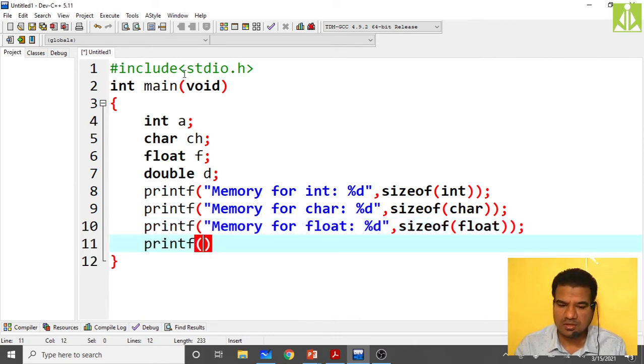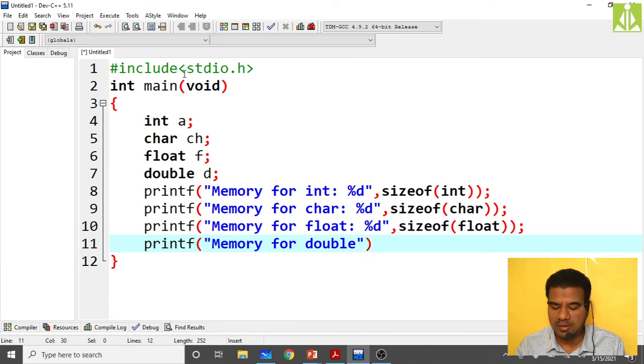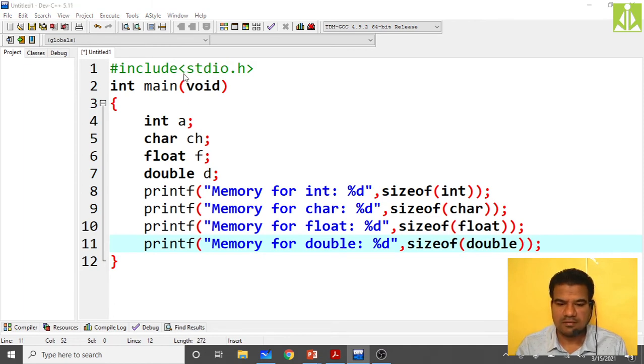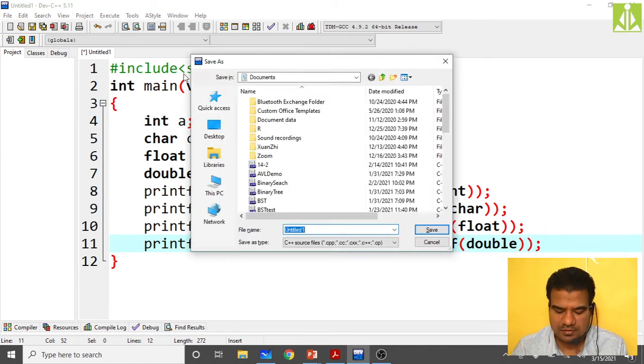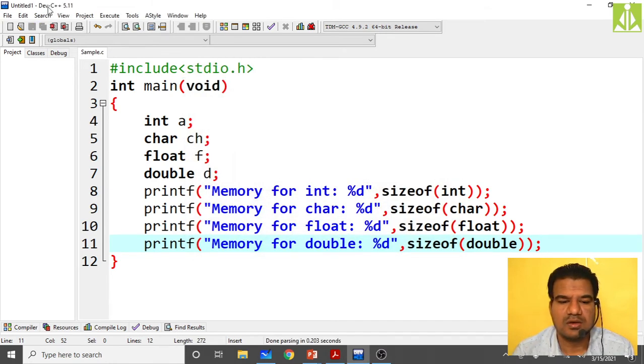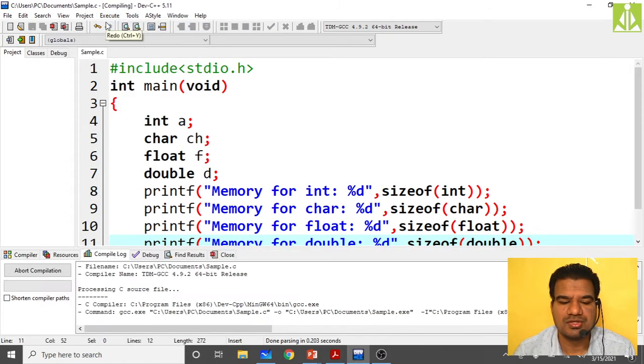Last one, memory for double, put %d, comma, sizeof(double). Go to the end and put the semicolon here. Save it, give some name to it, overwrite it. Now compile, hopefully it is successful.